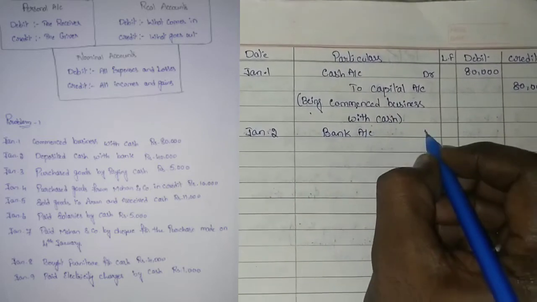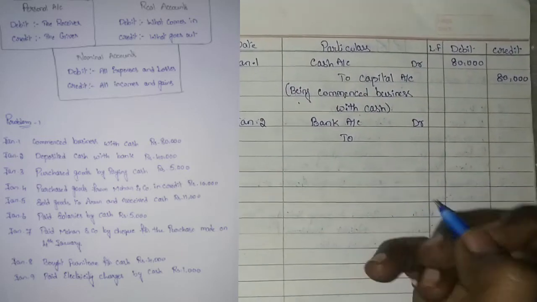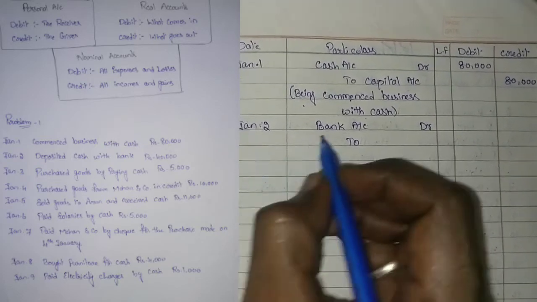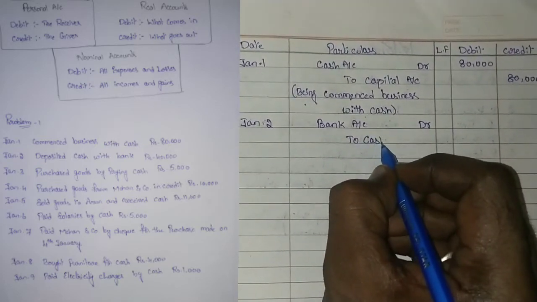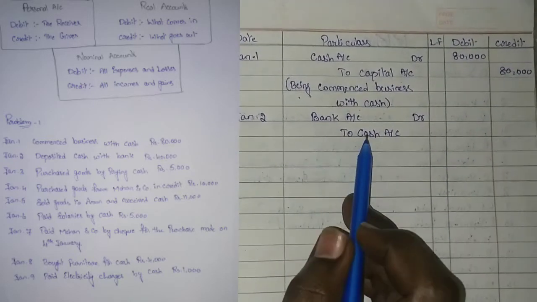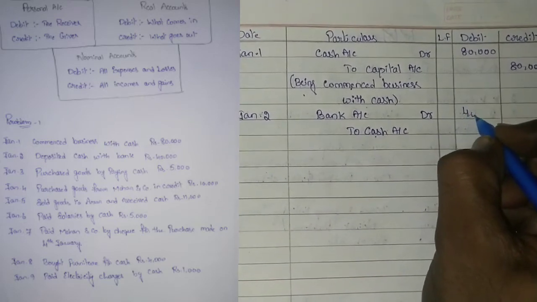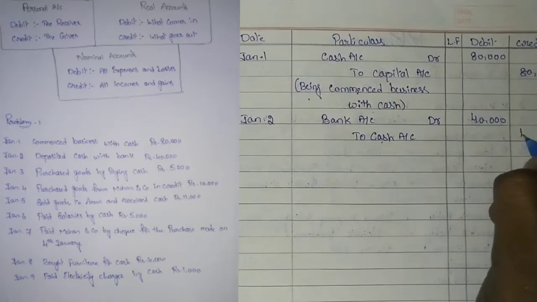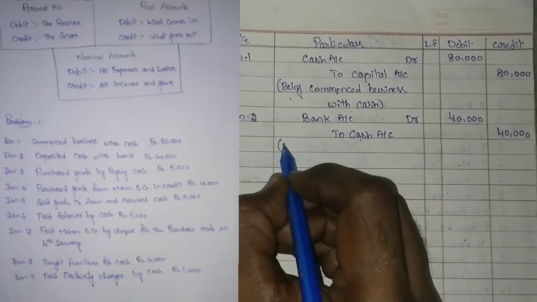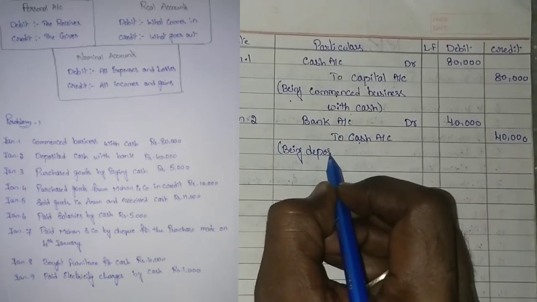So bank account debitor. So in the credit column, you should go for writing the giver. Here they have not given the who is the person who is going to deposit the amount. So we will go for writing it as the cash account. So if there is a person name mentioned, then you will go for writing the person name here. So and the amount is 40,000 rupees on both debit and credit columns, and the narration being deposited with bank.